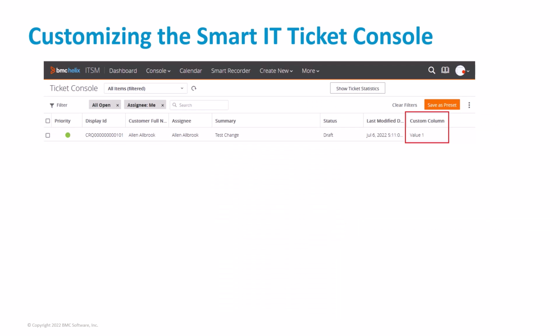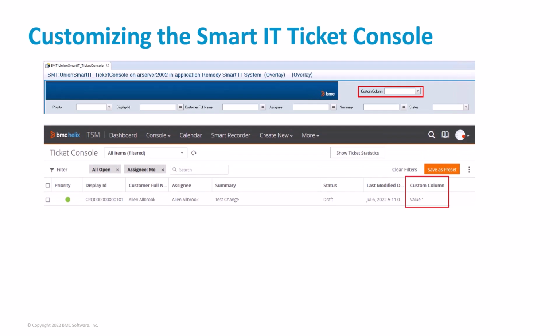Say we want a custom field, in this case a selection field named custom column, to appear as a column in the ticket console. To be able to select and add a custom column in the Smart IT Ticket Console, it has to be present as a custom field on the SMT Union Smart IT Ticket Console view form first. To be able to add the custom field to this view form, the column that will support the field needs